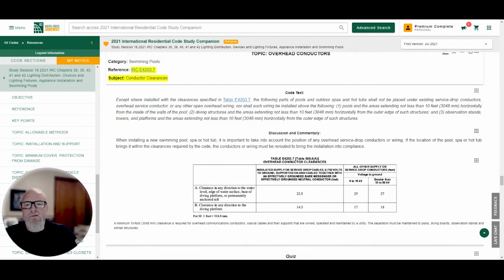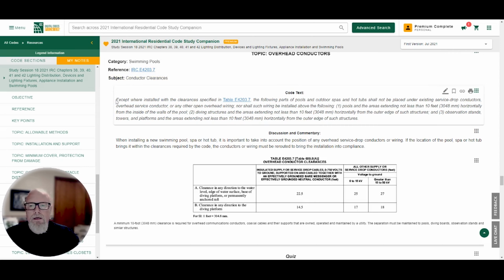Conductor clearances for swimming pools, section E4203.7. Except where installed with clearances specified in Table E4203.7, the following parts of pools and outdoor spas and hot tubs shall not be placed under existing service drop conductors, overhead service conductors, or any other open overhead wiring, nor shall such wiring be installed above the following: pools